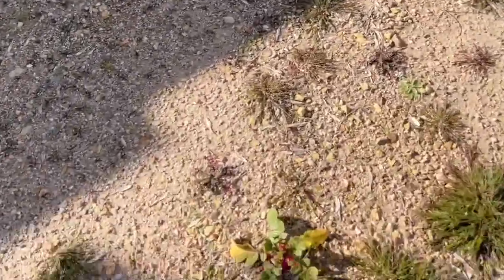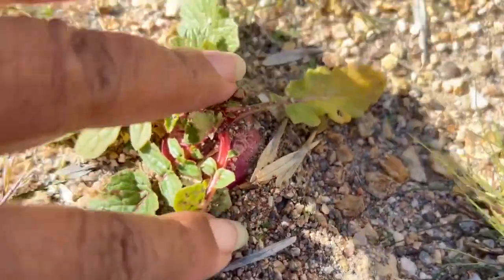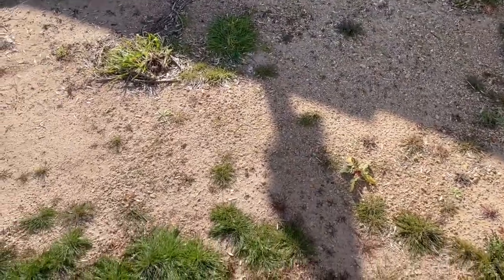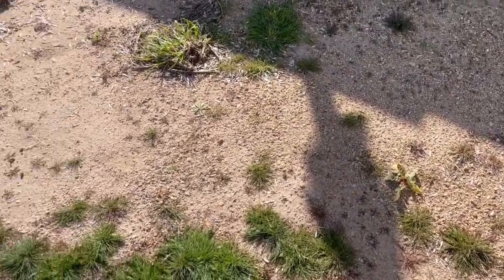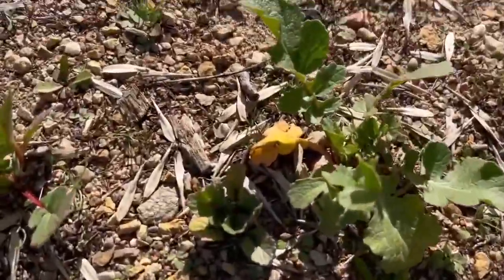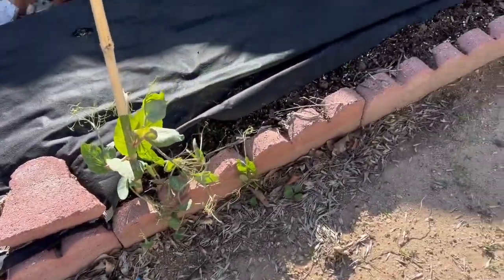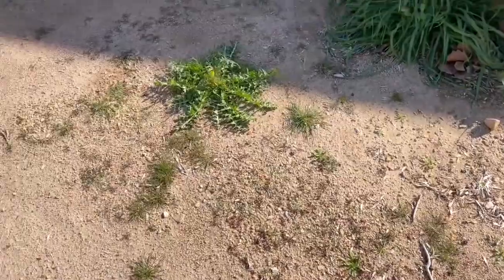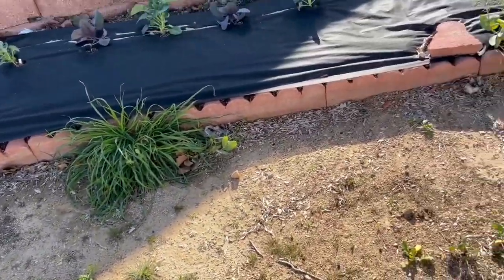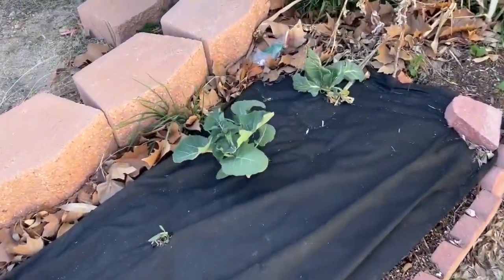I have tons of radishes growing everywhere here. Here's one right here. That's growing right here in the middle of where my grass is gonna go. And he's not the only one. There's several other ones growing here. And then I have volunteer peas and sunflowers all over this yard. And with the rains that we just recently had, everything is just growing crazy,